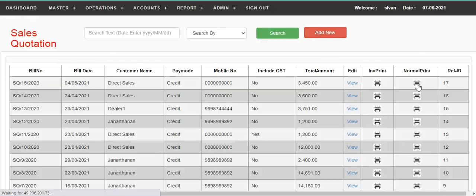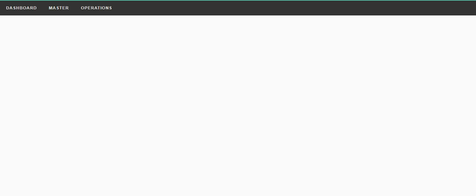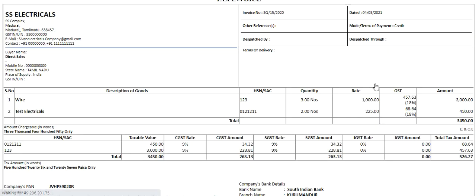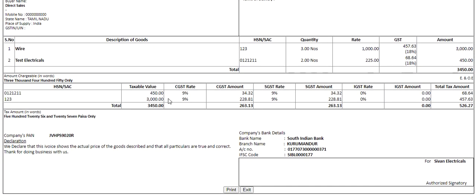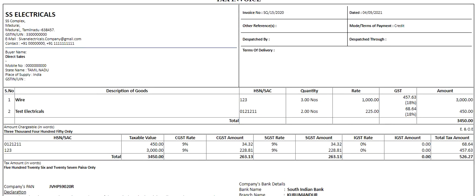So you can click normal print, and if you want to have an invoice type of print, you can click it here. So this will show you a type of invoice for the calculation part. So you can see the customer name, that is our name, and the buyer details and the invoice details, whatever we have added. You can see a description of the goods, HSN, SAC code, quantity, rate, CGST, SGST, whatever is relevant, and you can see the other details of the GST tax details and the company details. So this is the declaration details, which is for the GST purpose. You can use the same thing in a correct format.